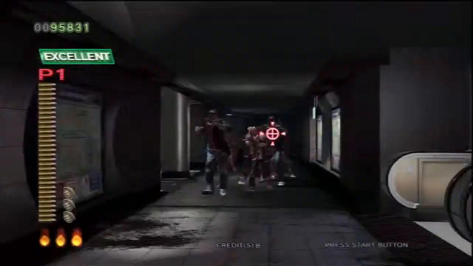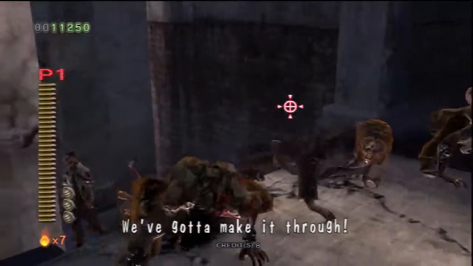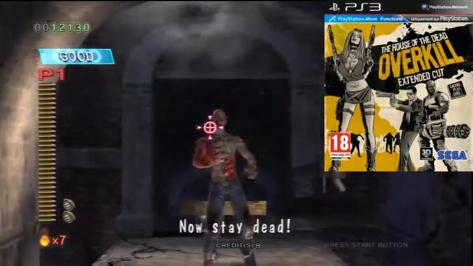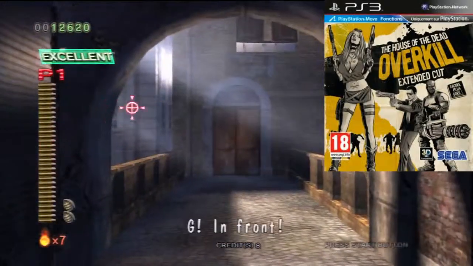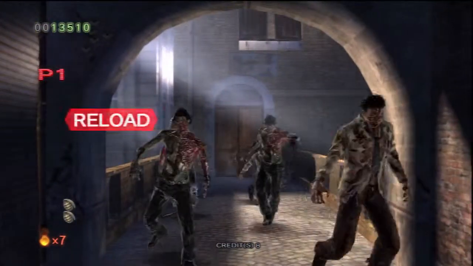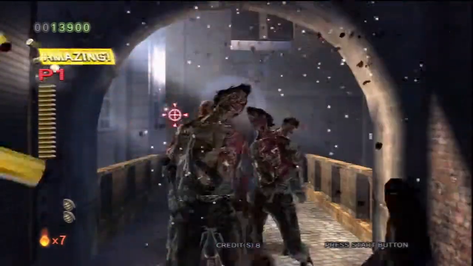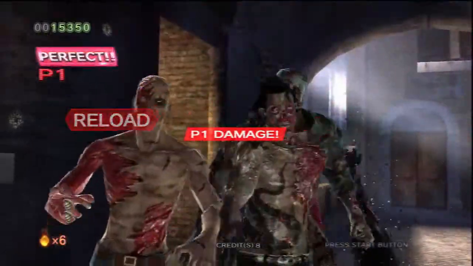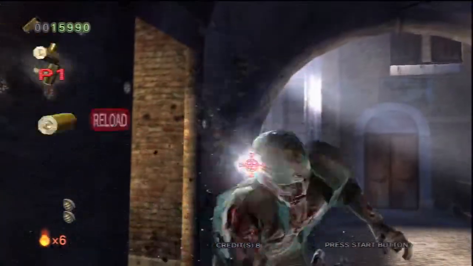Like I said earlier in the video, it's kinda hard to recommend House of the Dead 4 for PlayStation 3 owners, as for about $10 more, you can get House of the Dead Overkill Extended Cut, which has a lot more gameplay variety, a lot more weapon power-ups, and overall a much better experience than what Sega had provided through